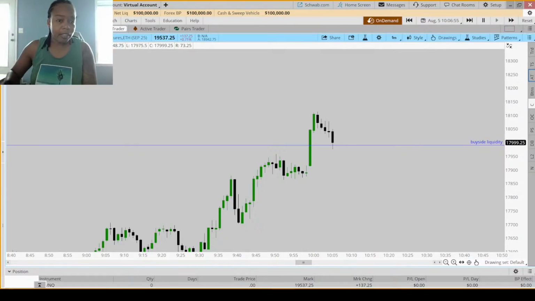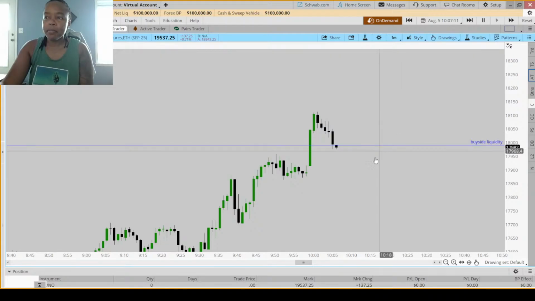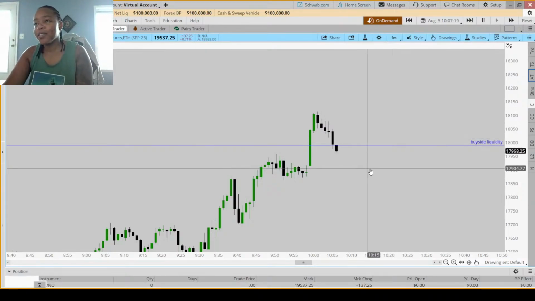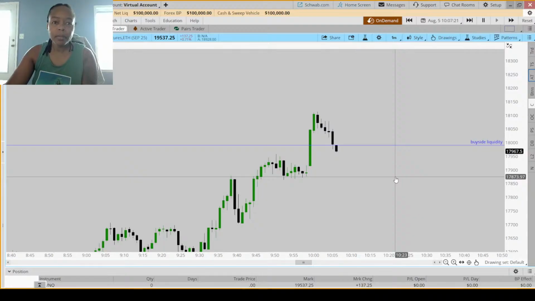And I am testing out the Thinkorswim on-demand backtesting tool, which is great because it actually paints the candles as they were the day of. So I'm testing out August 5th at 10 a.m., 2024, to do this backtesting. Pretty cool. I didn't realize that they had this feature, so I'm kind of excited.